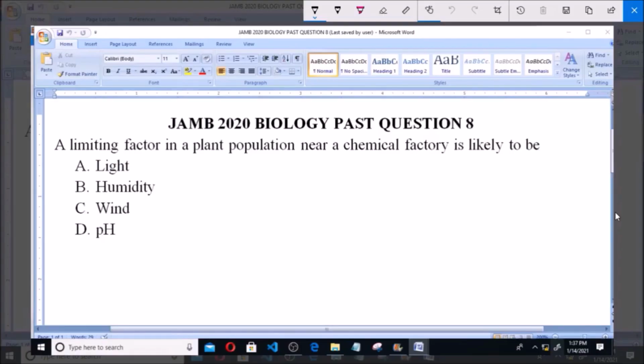I'll be answering JAMB 2020 biology past questions. 8. A limiting factor in the plant's population near a chemical factory is likely to be A. Light, B. Humidity, C. Wind, and D. pH. Now, when you have a chemical factory, it is most likely that the effluent from this chemical factory will